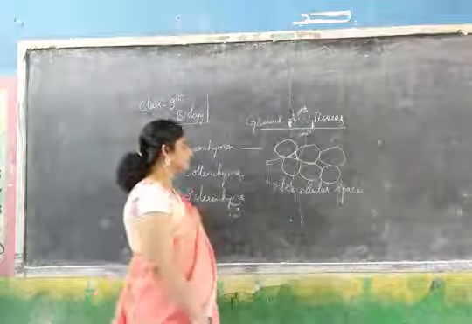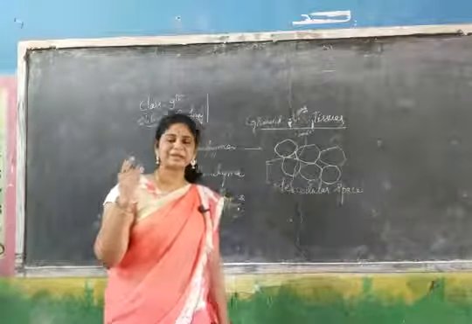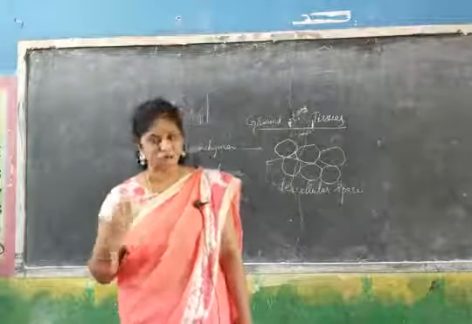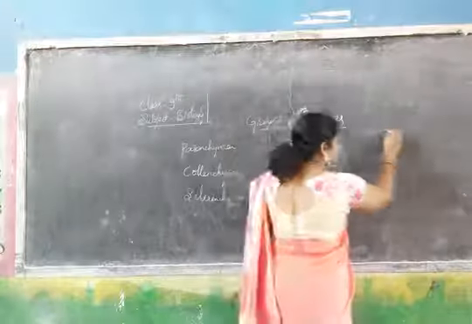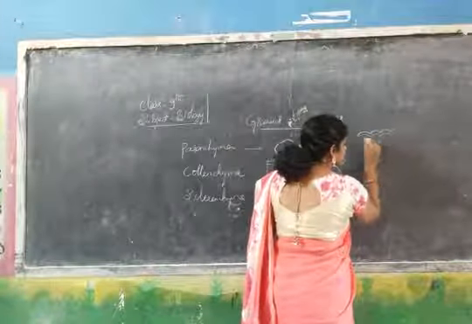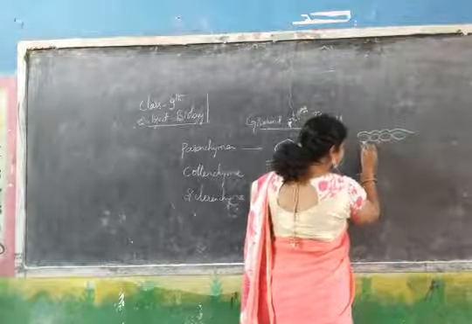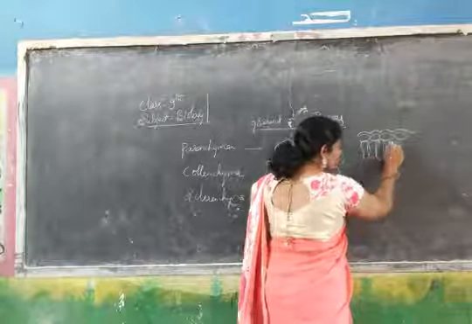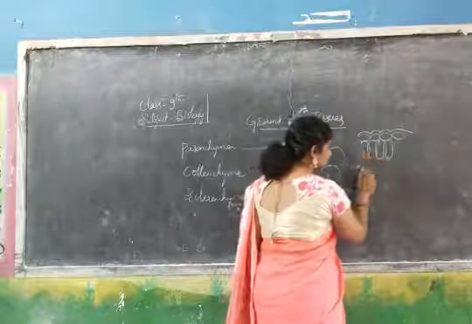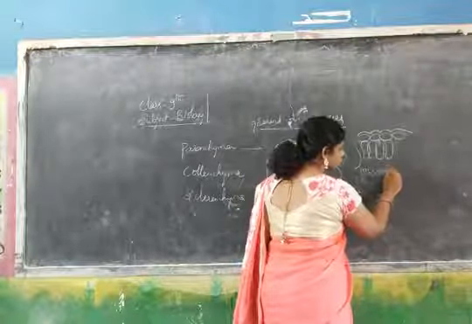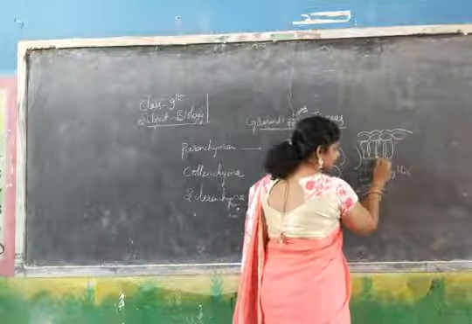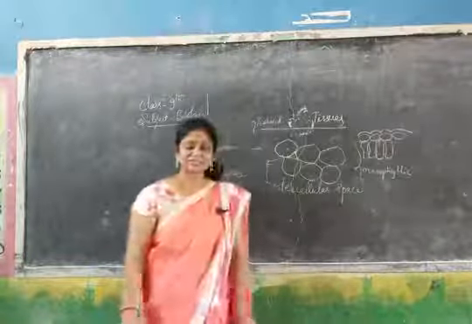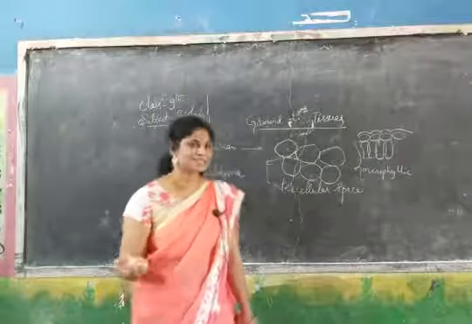This parenchyma is mainly present below the upper epidermis and lower epidermis. See here, this is the cuticle and below this we have the epidermis layer. If you go for the structure of the leaf, we have parenchymatic cells. This also comes under the mesophyll region. So in this mesophyll region, these are the parenchymatic cells. Parenchyma has a thin cell wall and intercellular spaces are present.